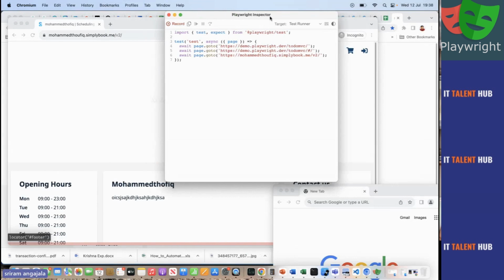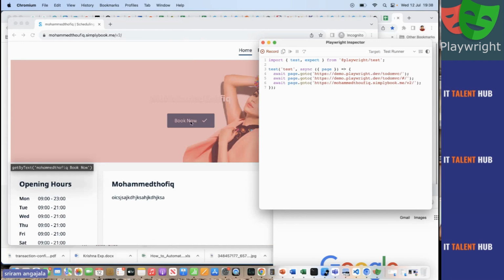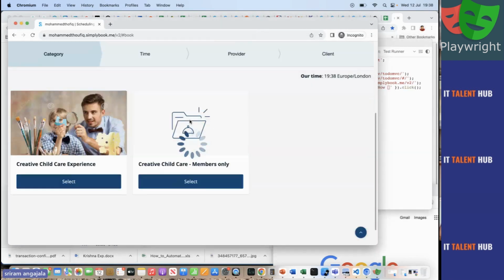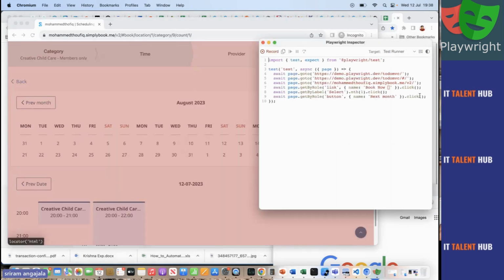This is called Playwright Inspector. So it got opened. Now here I can actually do the same thing. Click on this and maybe click on a different one and click on next month. And you can see here tests are getting recorded in parallel.